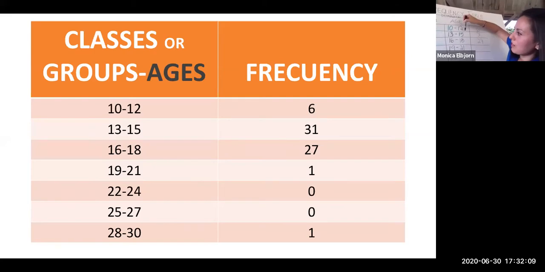Most of you guys are between 13, 14, 15, and 16, which makes sense. And then we got 1, 0, 0, 1, and 0. So if we were gonna graph this,